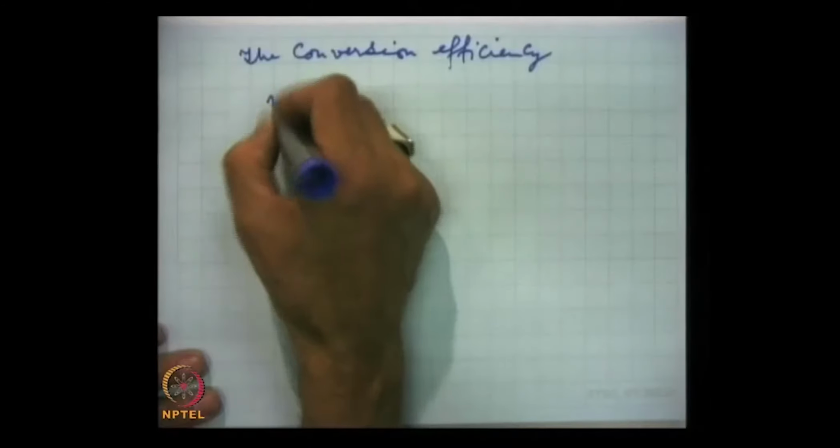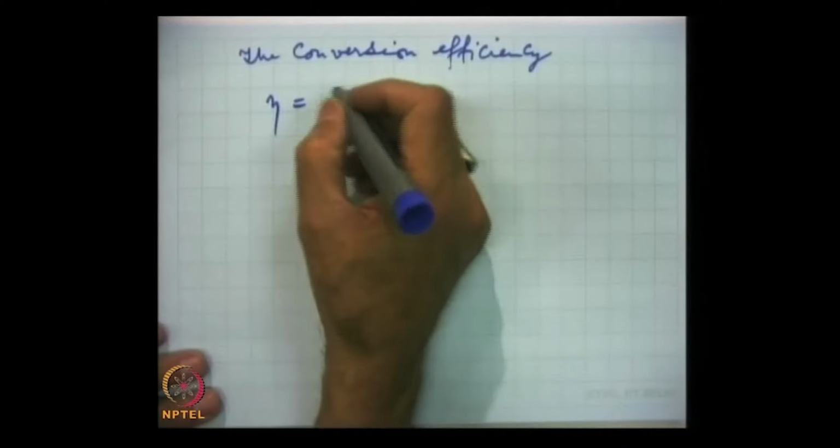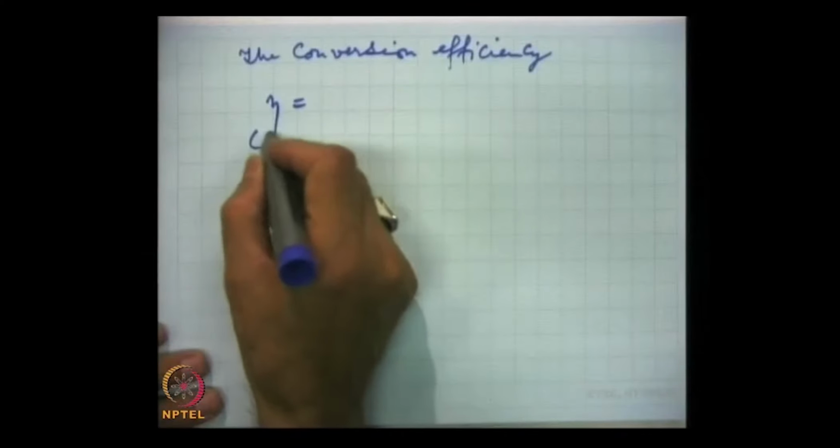Conversion efficiency, and as I said in the beginning, by conversion efficiency we mean what fraction of the DC power which we are supplying to the circuit is available as AC. After all, from where will the AC power come, as for example the 5 watts AC power we saw? It comes from the DC power. Normally efficiency is written as eta and it is expressed in percent.